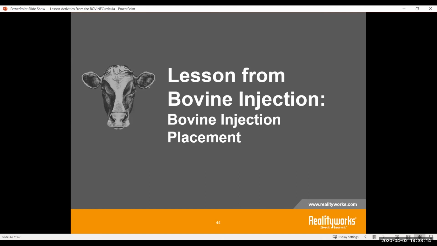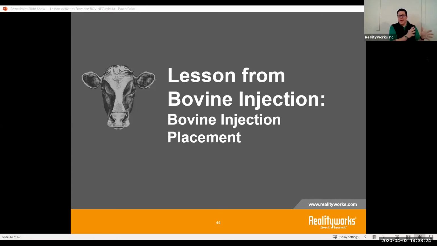Another one here is the bovine injection. What we're going to talk through is, again, we started with anatomy. We then went deeper into the reproductive system, asking what you do with that and what else I need to understand. Now we're going to look at overall health. We have our animal and we know the systems and what some of them can do. How do we make sure the whole animal is healthy, and how do you do it correctly? That's where we jump into the bovine injection.